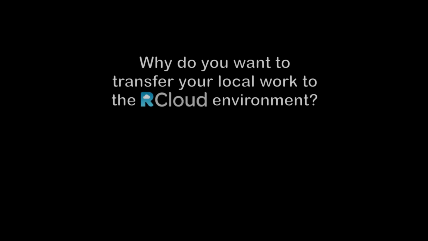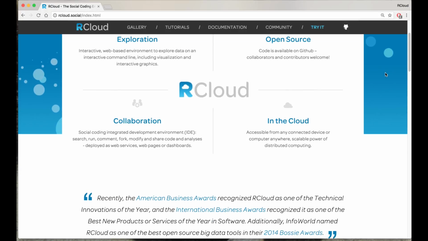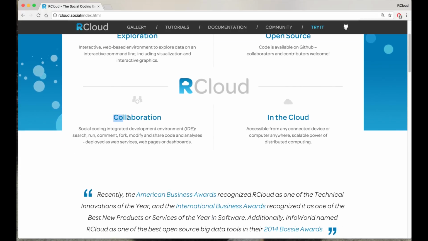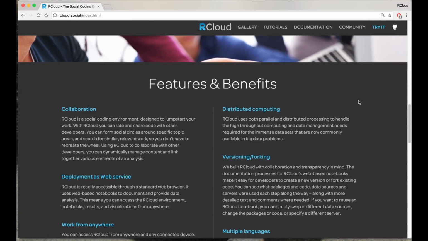Before I show you how to do this, I am briefly going to show you why you want to do this. RCloud is all about social coding. Collaboration is one of the top 3 reasons to use RCloud. And I'm going to show you what we mean by social coding and collaboration by logging into the public instance